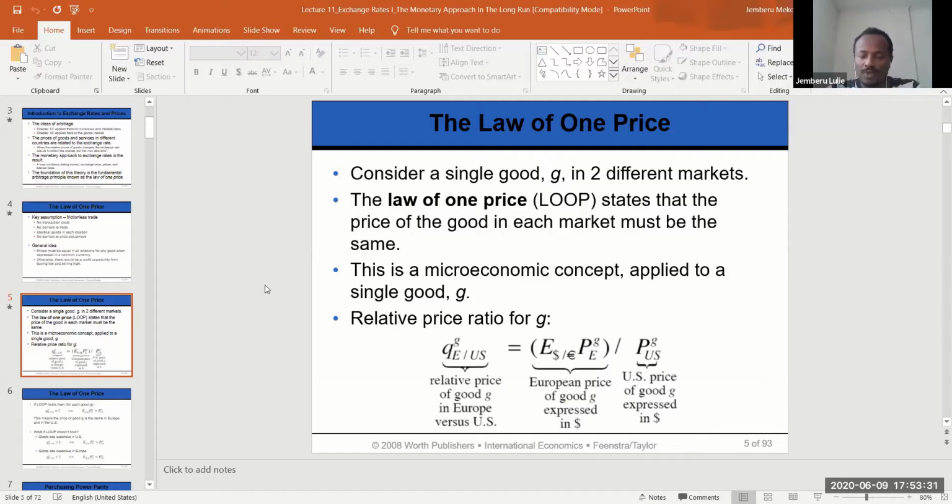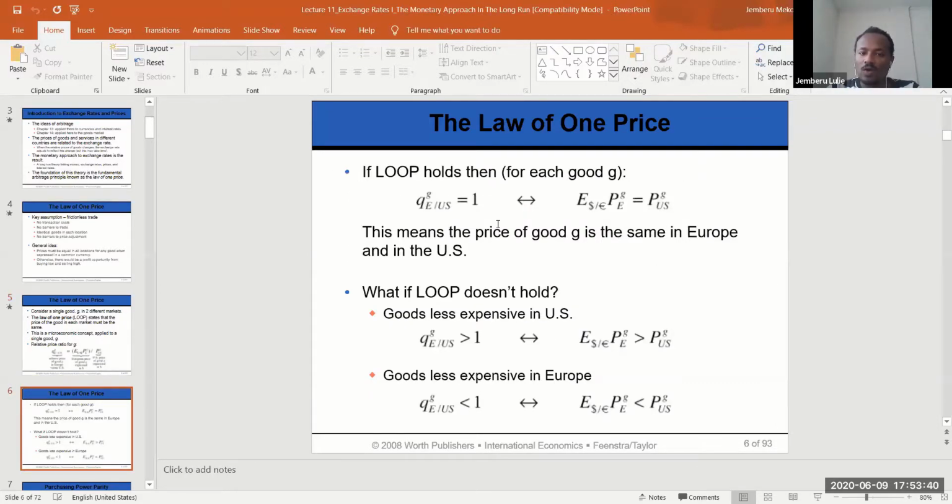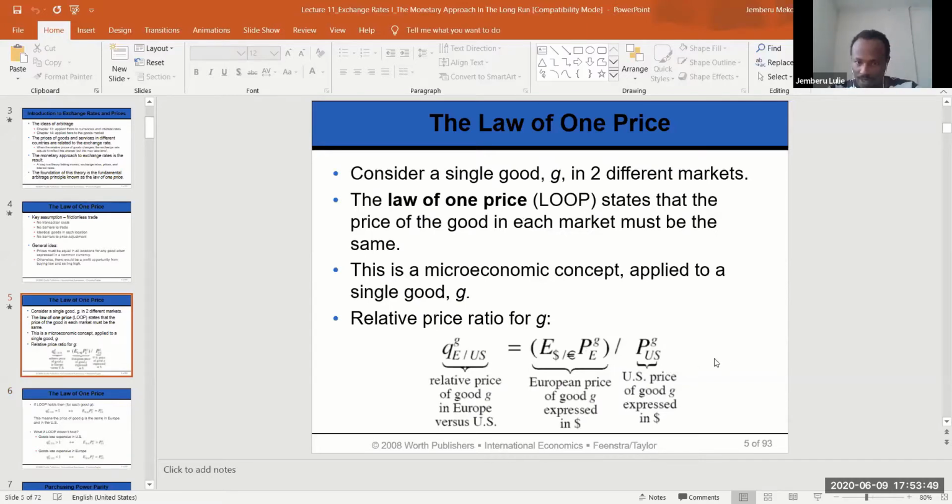European euro. Now what does this tell me, a ratio እኩል አንድ ከሆነ ምን ማለት ነው? አንድ ከሆነ the price of good G is the same in Europe and in the US ምክንያቱም ወደ ተመሳሳይ ከረንሲ ቀየርኩት ማለት ነው. የአውሮፓን በዩሮ ለምሳሌ የ1 ኪሎ አፕል ነው ብል የ1 ኪሎ አፕል በዩሮ ነው አውሮፓ, then ወደ ዶላር ምን ያክል ነው የሚለው ወደ ዶላር ቀየርኩት. አሜሪካ ደግሞ የ1 ኪሎ አፕል በዶላር ኦሬዲ ያለኝ. የሁለቱ ሬሽዮ አንድ ከሆነ of course በግልጽ ዋጋቸው እኩል ነው ማለት ነው when they are expressed in the same currency. ከአንድ በላይ ከበለጠስ definitely the numerator part is the European price, እቃው አውሮፓ ውድ ነው ከአሜሪካ አንፃር. ከአንድ ካነሰ ደግሞ it is cheaper in Europe እንደዛ ይነግረናል ማለት ነው using this